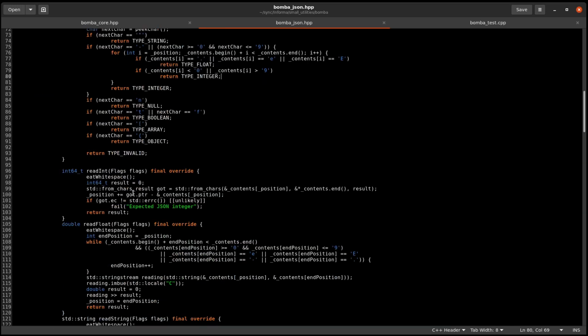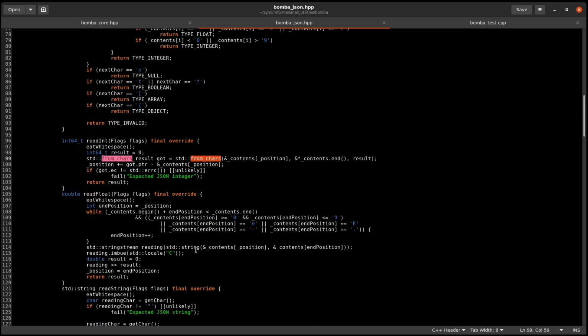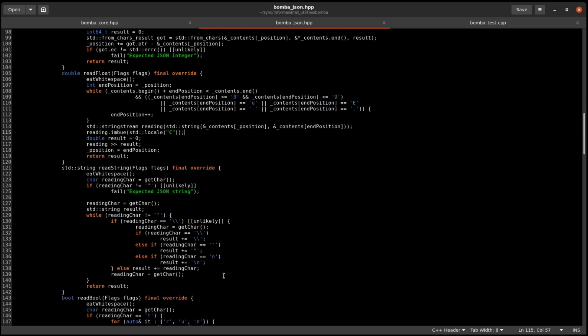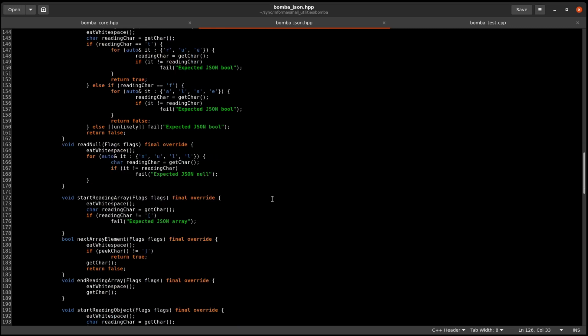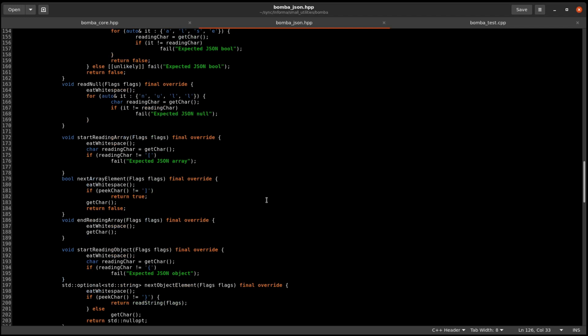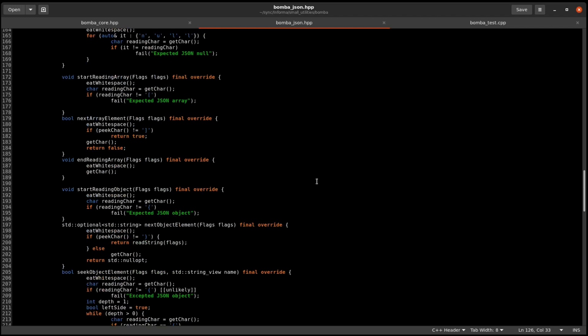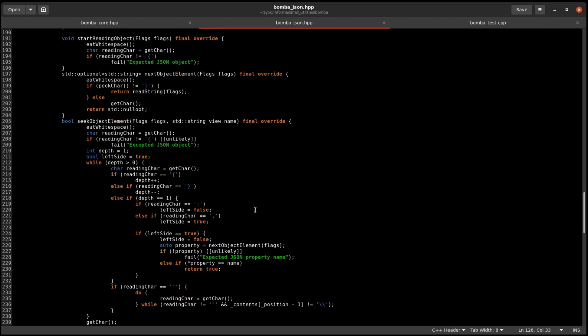Parsing integers can be done using the std::from_chars function. This should be also done for float, however GCC does not implement this even if it's part of C++17. String has to deal with escaping, so it's not just a copy. Bool and null are pretty easy because we just need to check for misspellings. Arrays are also straightforward, objects are also straightforward. However,